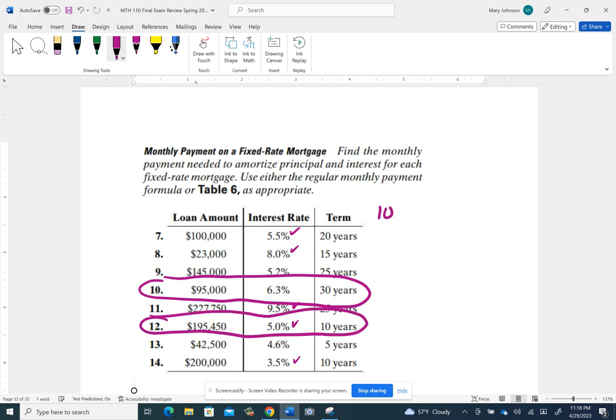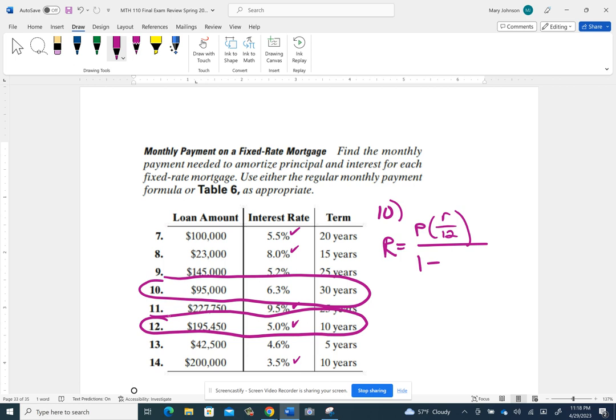So on number 10, the interest rate is 6.3%, so I don't have the table to fall back on there. I'm going to have to use that formula. You pull it off your formula sheet. It says to take your principal, and then you multiply by R over 12, and then you divide that by 1 minus,